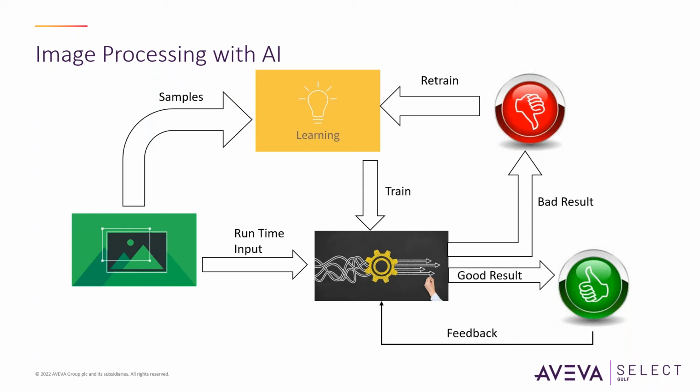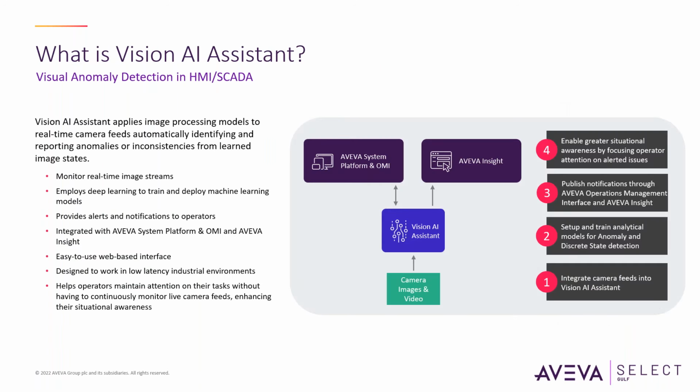Now, we don't need to know anything about deep programming or neural networks or any type of artificial intelligence theory, because as I said, this is very simple. So what is Vision Artificial Intelligence Assistant, or AI Assistant? Vision AI Assistant is a simple image processing model that we can use in real time that takes data from a camera, and we can have different types of cameras. These cameras feed our system to this Vision Artificial Intelligence, and we can monitor some real-time images